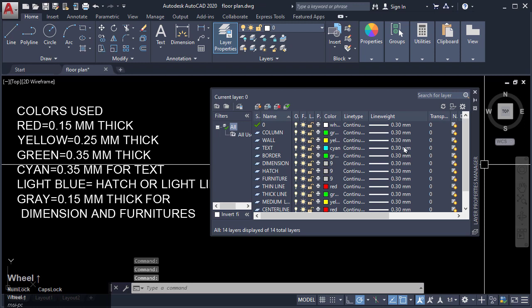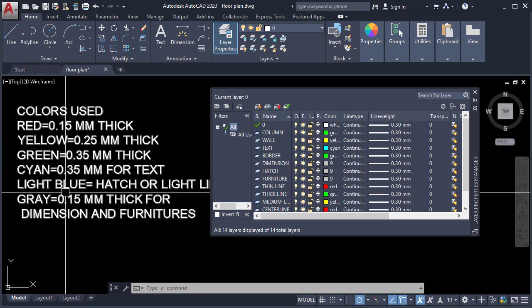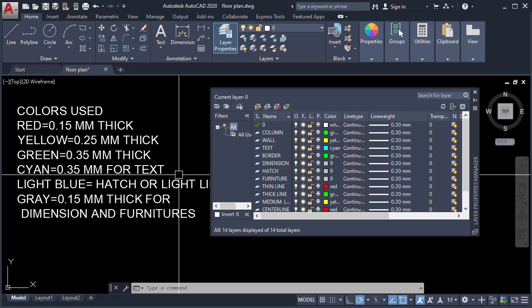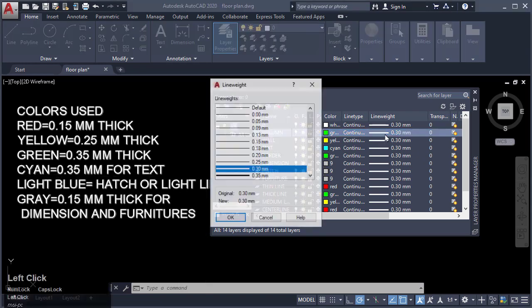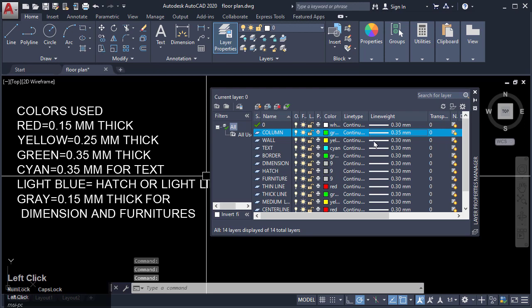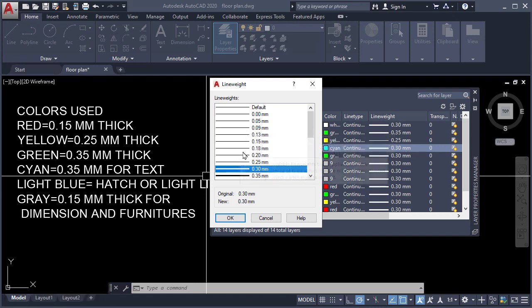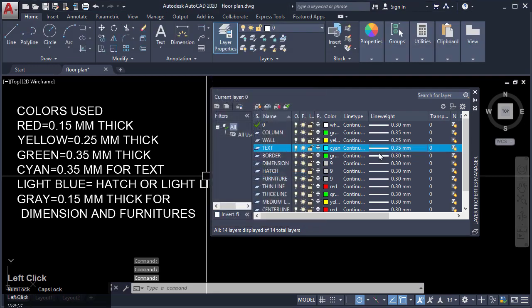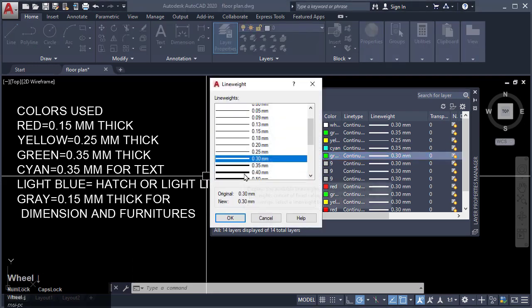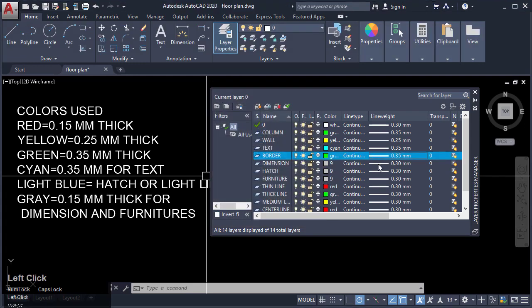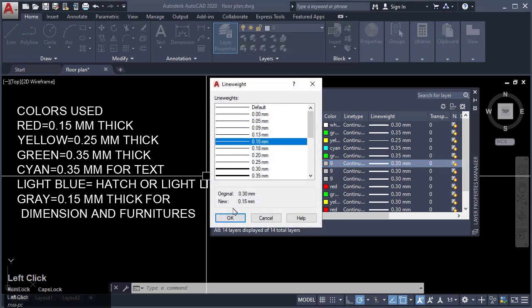Let's now customize your line weight. So this one will now be the thickness of your lines. As we indicated in here, we are going to follow this format, although you can have your customized format if you like. So I can set this one to 0.35, yellow 0.25, cyan, set this one to 0.35. Then border 0.35, 0.15,